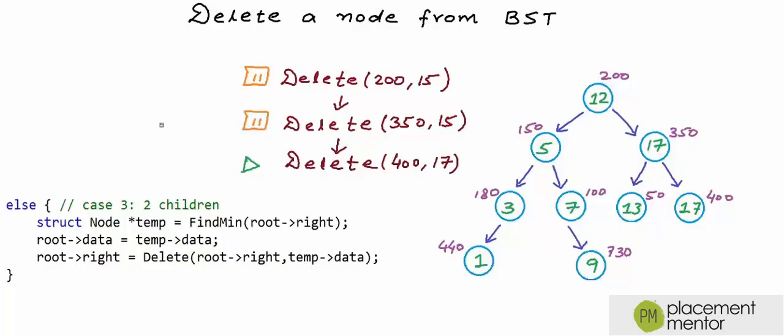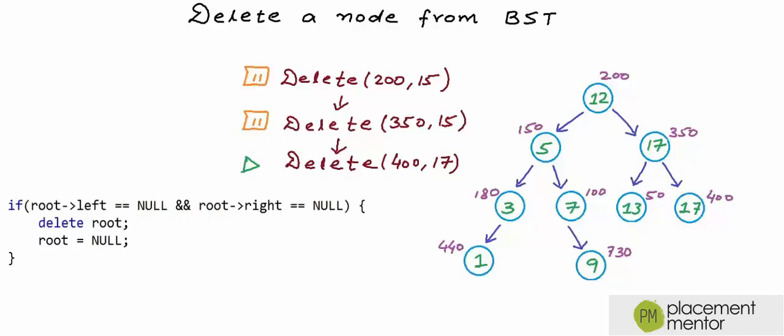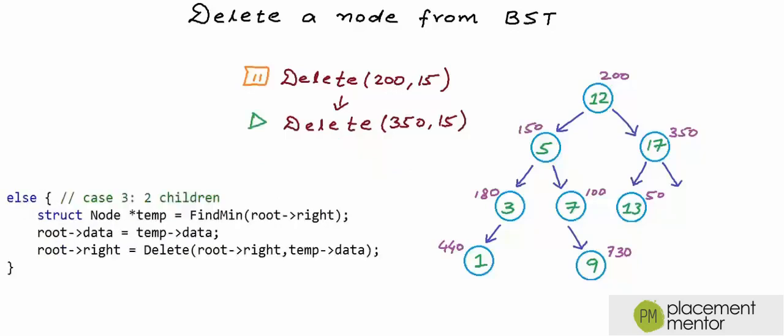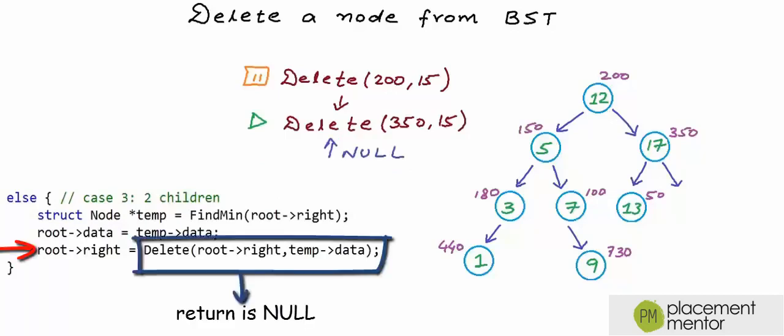We have only one node in the right subtree of 350. Here we have case 1. In this call we will simply delete the node at 400 and return null. Remember, root will be returned in all calls in the end. Now delete 350, 15 will resume, and in this resumed call we will set the address of the right child of node